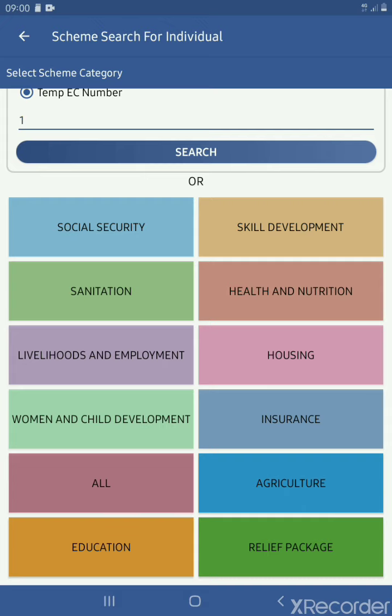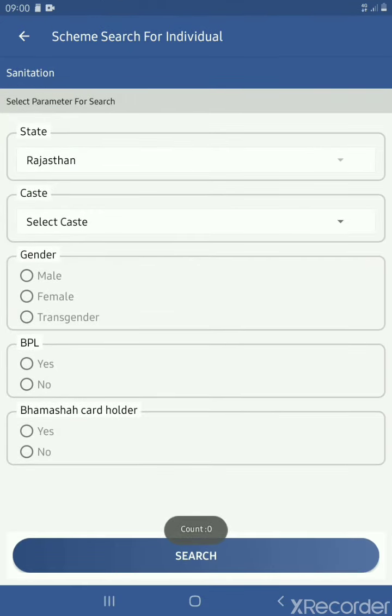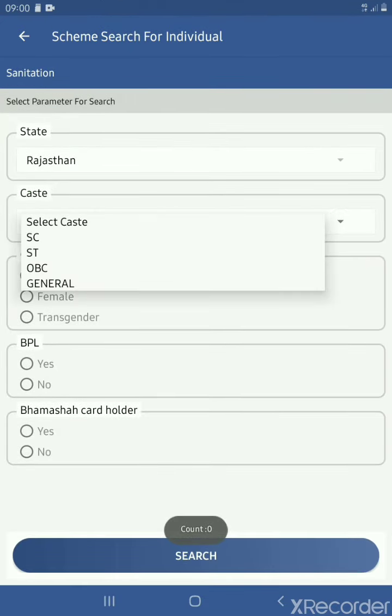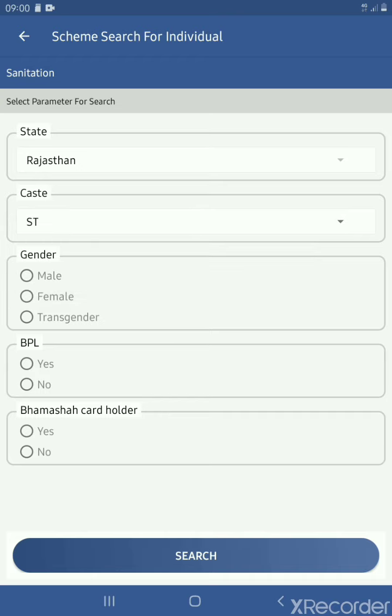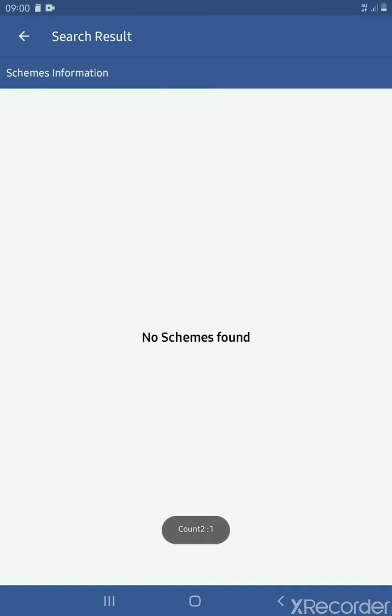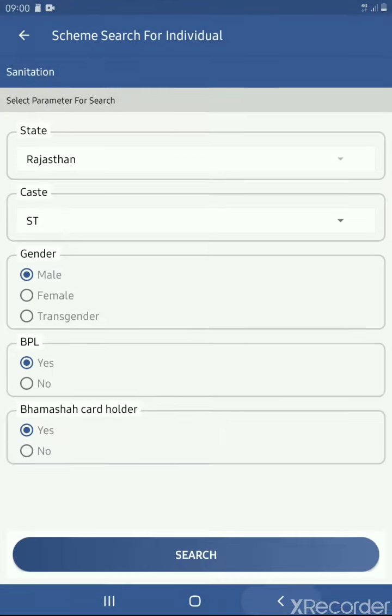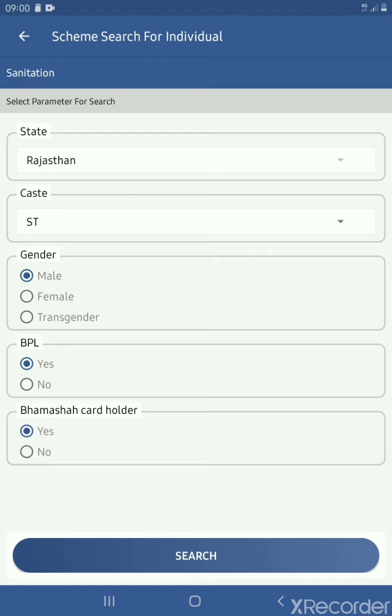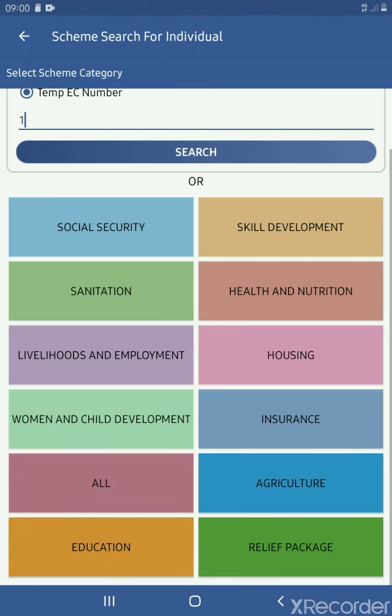For example, we can click on sanitation, and we will have to provide the basic information like the caste, gender, BPL or not, and Bhamasha card holder, yes or no, and we will click on search. Right now this beneficiary is not eligible for any scheme, so no schemes have been found. But if this beneficiary is eligible for any scheme, then we can see the list of schemes over there.